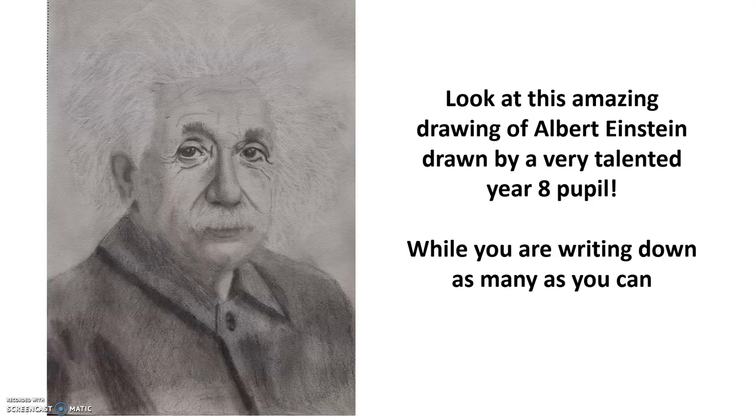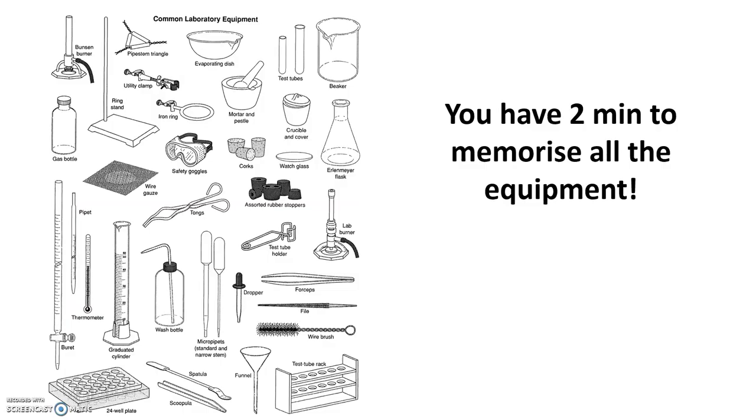Okay, so the video, I'm going to go back to that first slide just to see how many of them you were able to remember. Okay, so we've got a Bunsen burner, a clay triangle, a pipe triangle, evaporation dish, test tubes, beaker, crucible and cover, pestle and mortar, an iron ring, utility clamp, a ring stand or a clamp stand, gas bottle, safety goggles, corks, watch glass or evaporating dish, a conical flask or an Erlenmeyer flask, sorted rubber bungs,